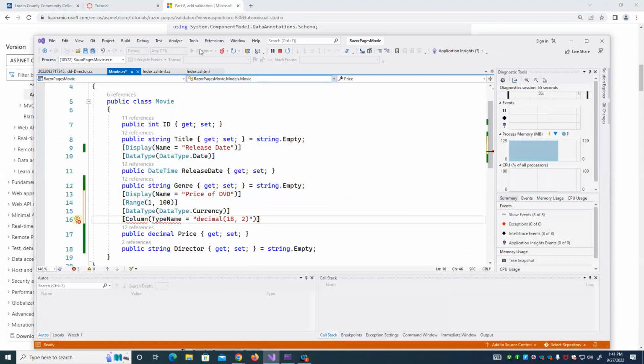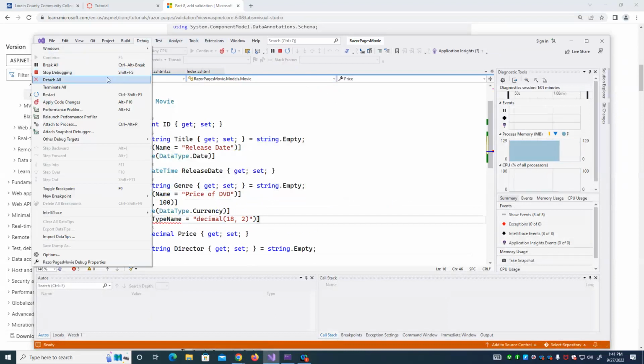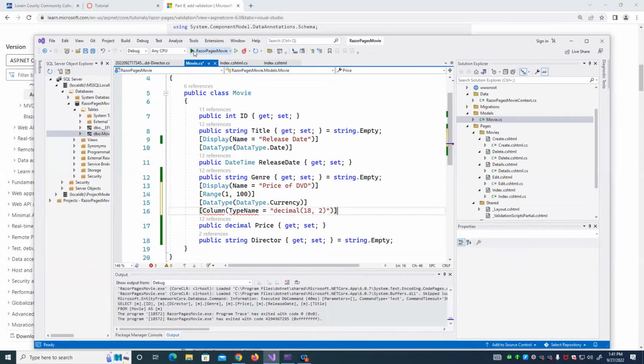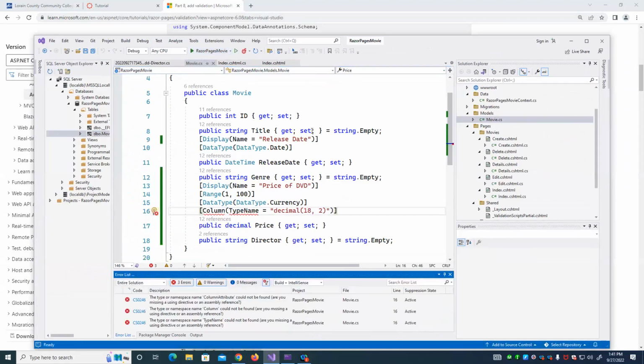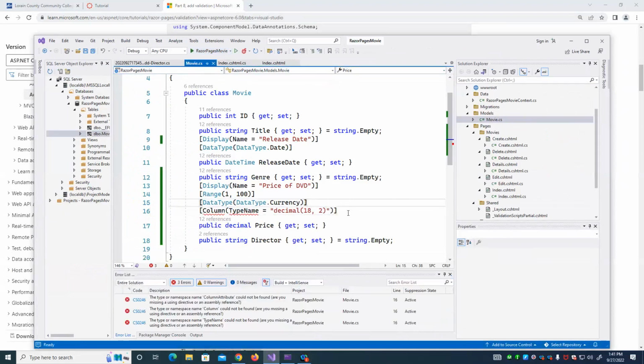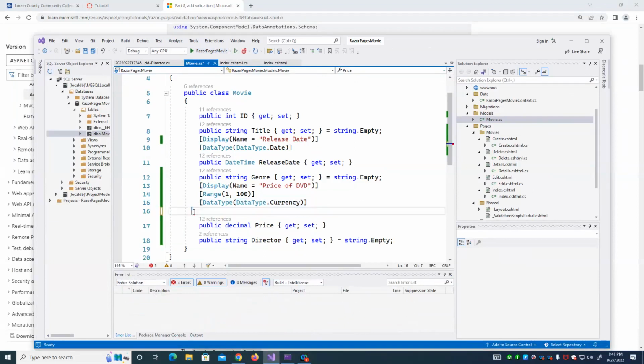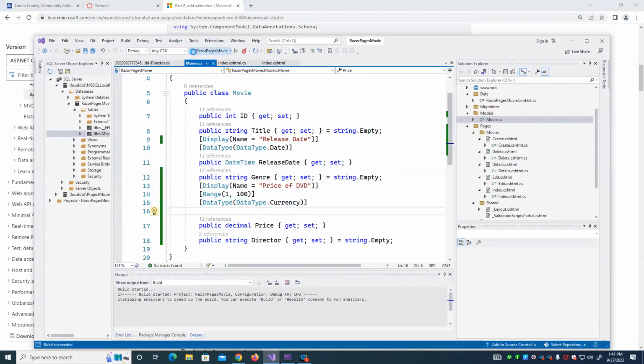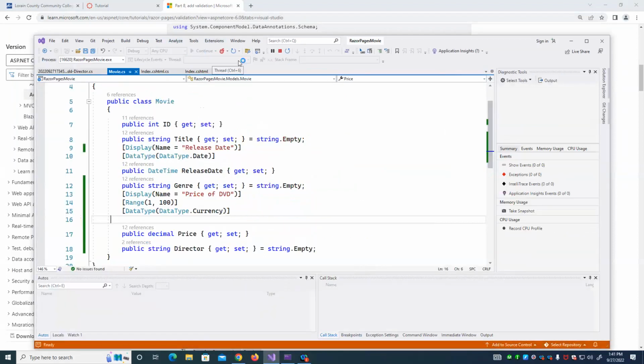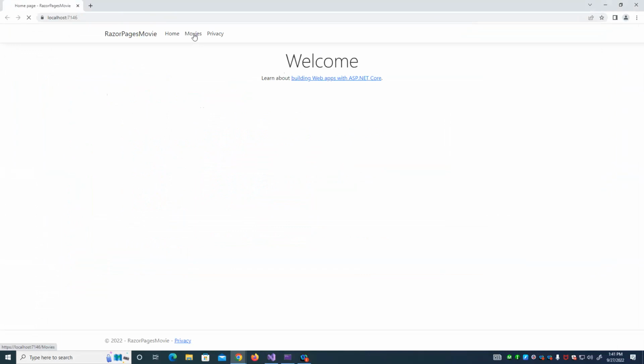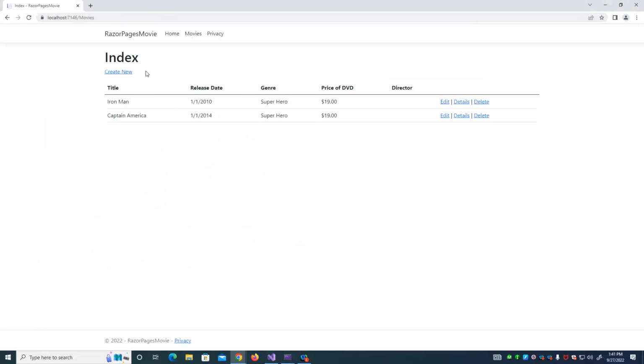When we do that and we run it, I don't know why it was giving me an error on that. I'll just delete it. Now if we go in and try to add a new movie,